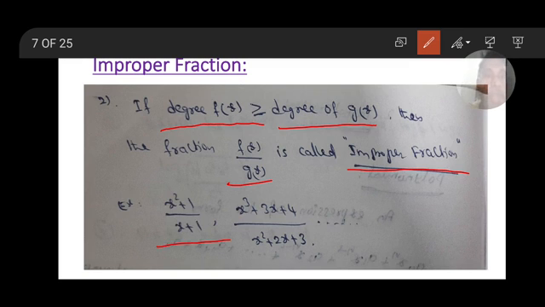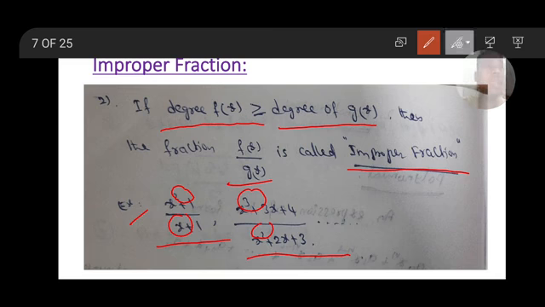Example, x square plus 1 by x plus 1, and x cube plus 3x plus 4 by x square plus 2x plus 3 are examples of improper fractions. In the first example the numerator degree is 2 and the denominator degree is 1, so it is improper. In the second, the numerator degree is 3 and the denominator degree is 2. Since 3 is greater than 2,